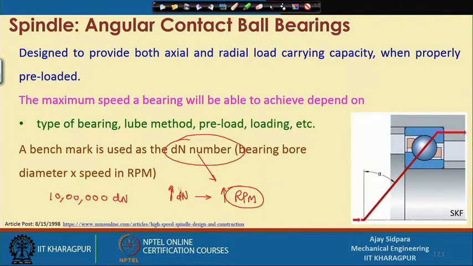At that time, mostly the major part is the RPM here. If you are talking about 1 lakh RPM, then you can think of a 10 millimeter diameter. So, 10 millimeter diameter and 1 lakh RPM means you can go with a 10 lakh DN number. In that way you can define this. So, this is mostly what we talk about as the DN number. What is the DN number? The higher the DN number, the more you are thinking about a higher speed of the spindle.